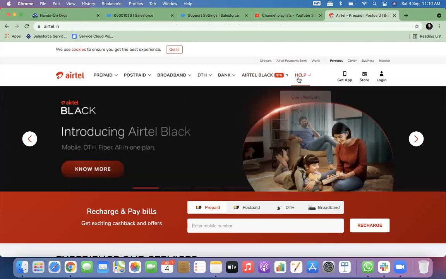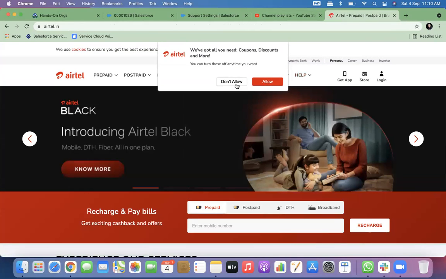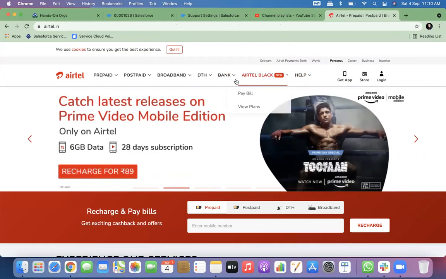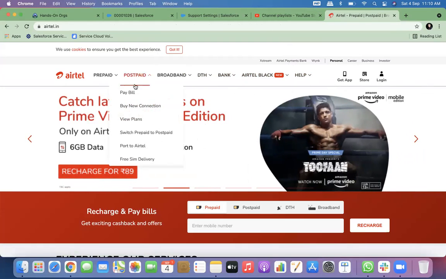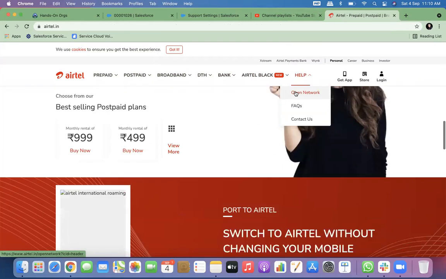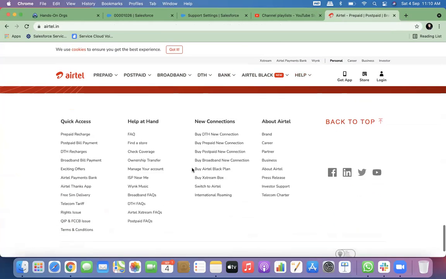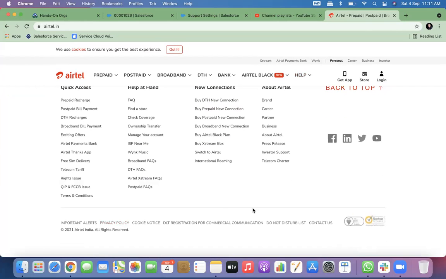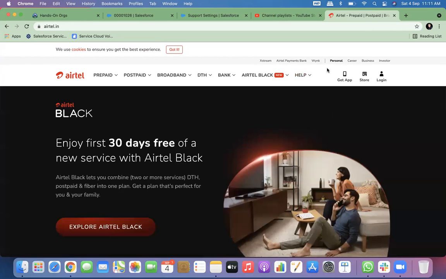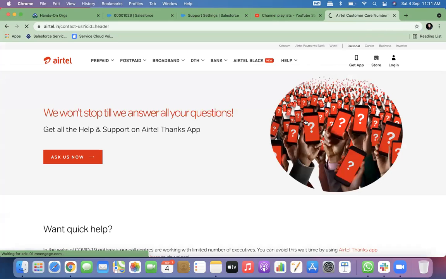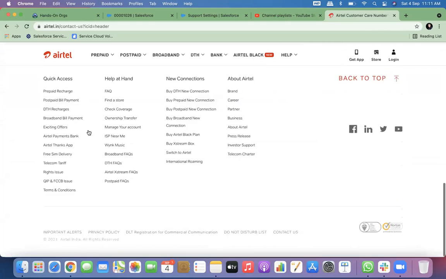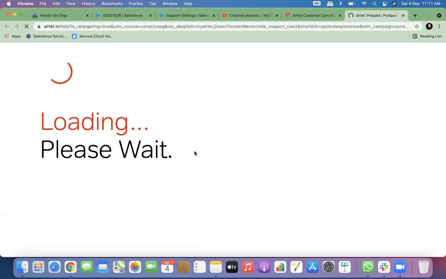let's go to Airtel, right? Here you say that you can log in, right? If you're not authenticated, and you say I need some support, it will ask you. It's not like every time you have to log in. It doesn't need to, right? So here, maybe contact us, right? Here, usually you will always see a form.